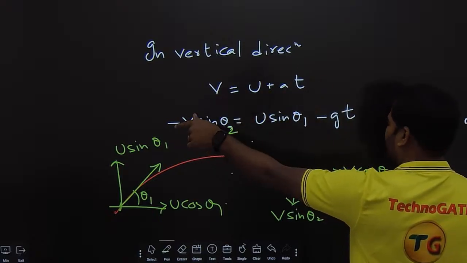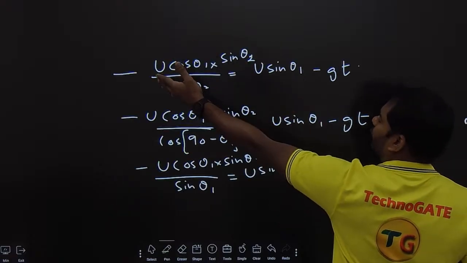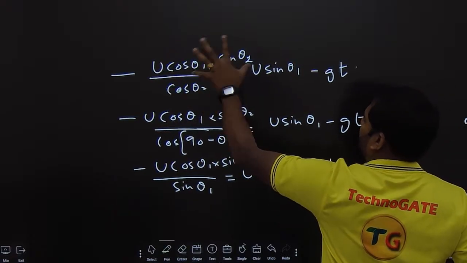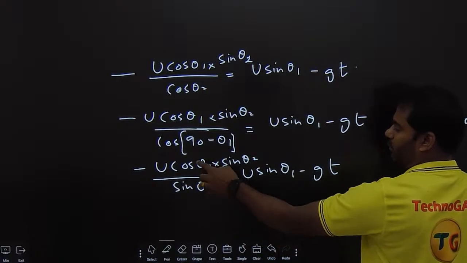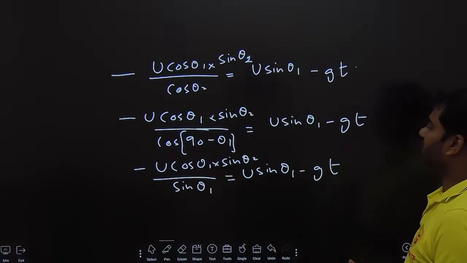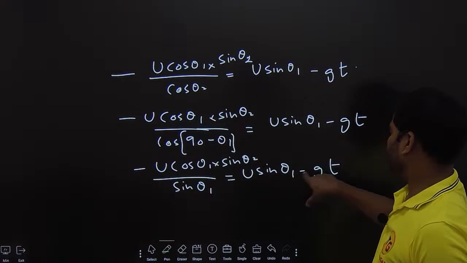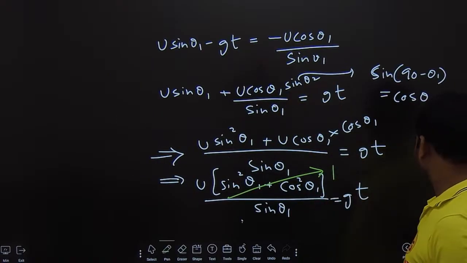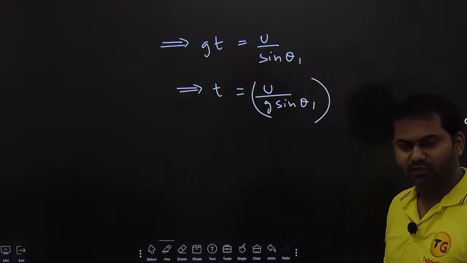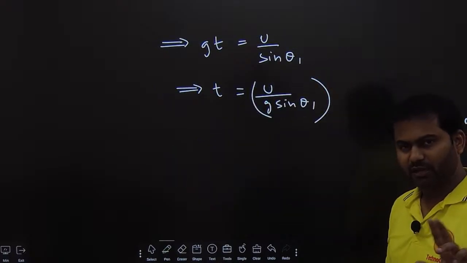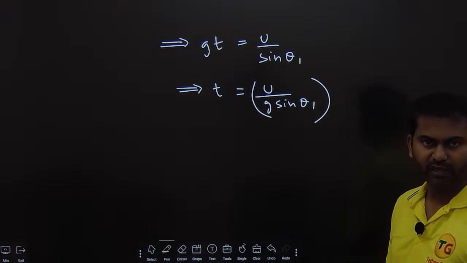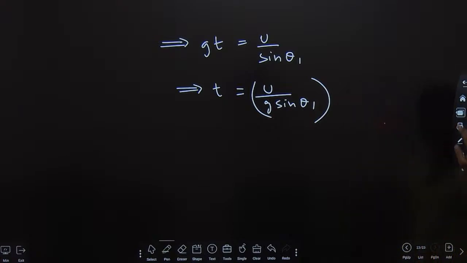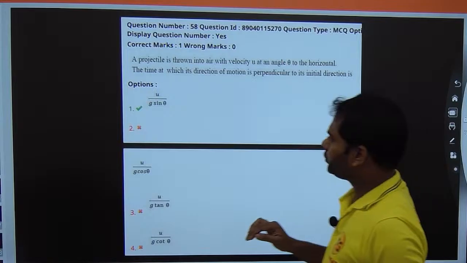But you know the value of v. I have substituted the value of v, which is this portion, and did the calculation. I am able to cancel out these things here. You can see like this, and so on. And we need to get the value of time t, which comes out to be simply like this. So the last two portions are only mathematical calculations. I don't think you are facing any issue with that one. Clear? I hope you have copied this. So let me proceed to the next one.